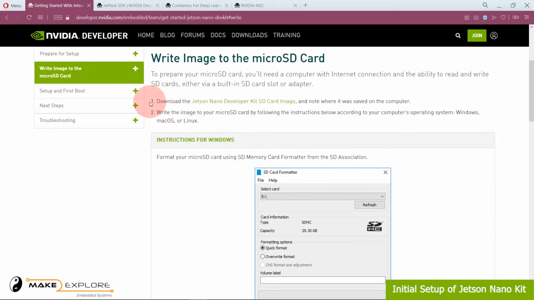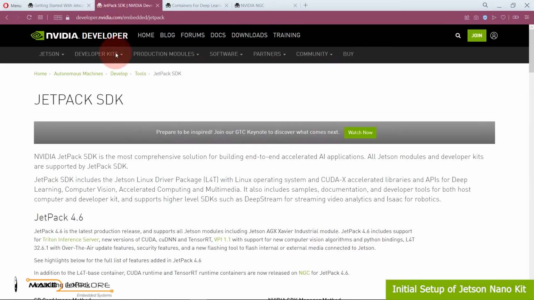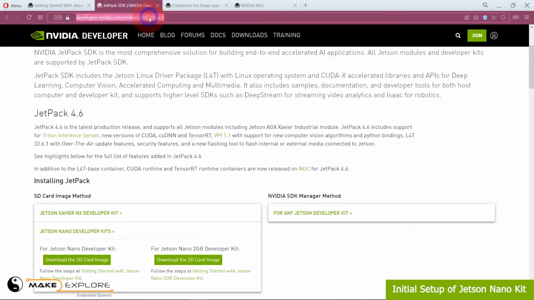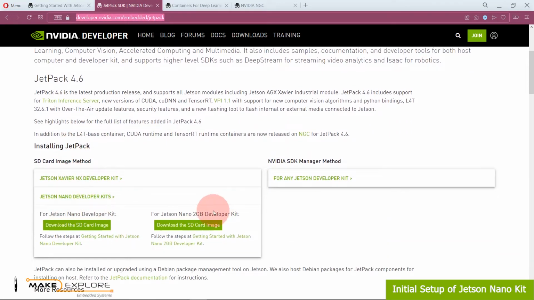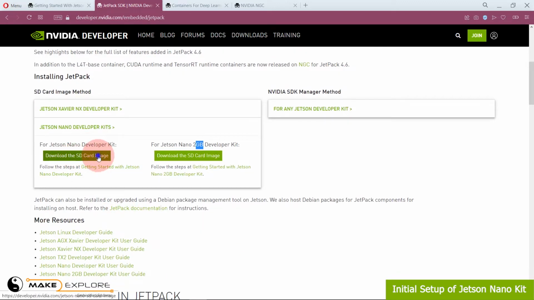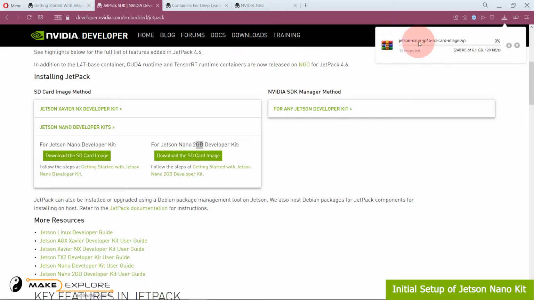Download the Jetson Nano Developer Kit SD card image from this link and note where it was saved on the computer. You can download the latest version of OS with Jetpack on this link, for different variants of Jetson Nano, 2 GB or 4 GB. Here are the buttons given. Click on that. Download will pop up. Save it. It will be a big file, must be in GBs.